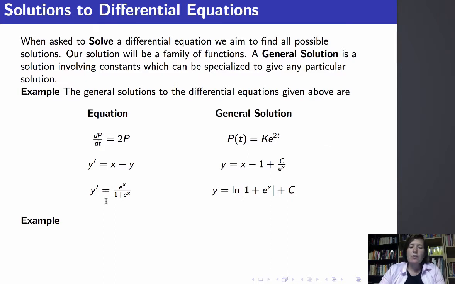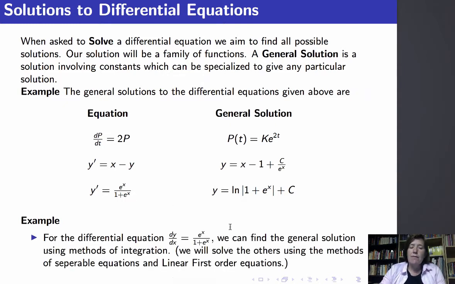The general solution to y prime equals e to the x over 1 plus e to the x is the family of antiderivatives for this particular function. So it's y equals the natural log of the absolute value of 1 plus e to the x, plus any constant we can dream up. Of course, that's something we could have figured out in Calculus 1,